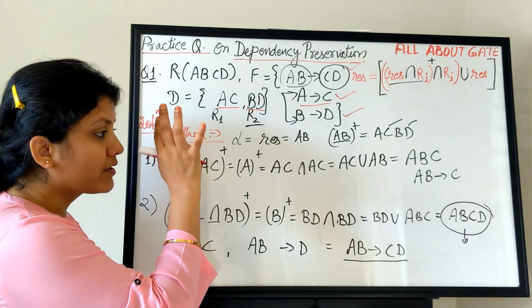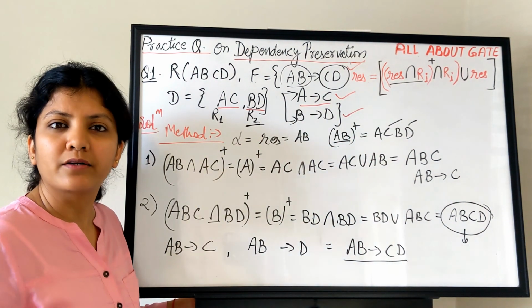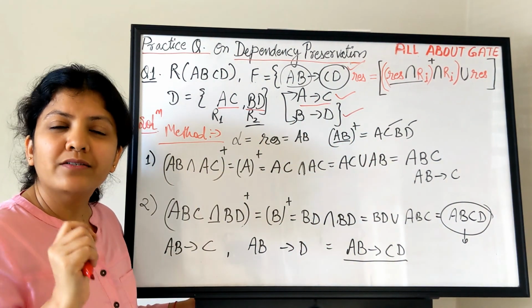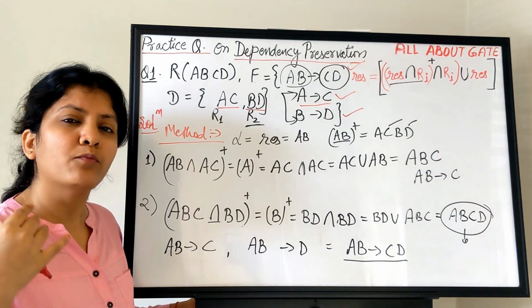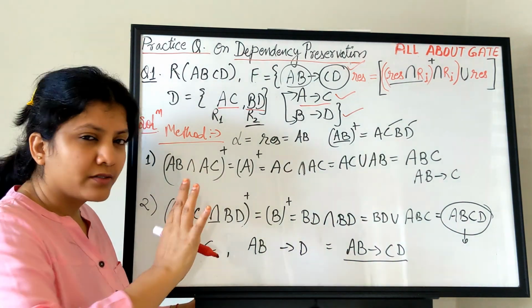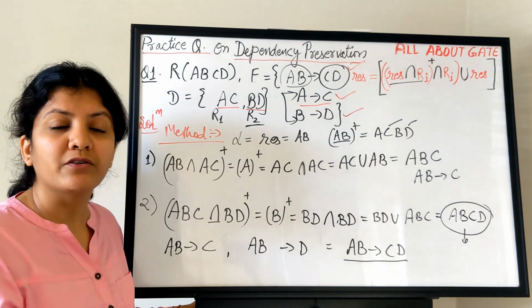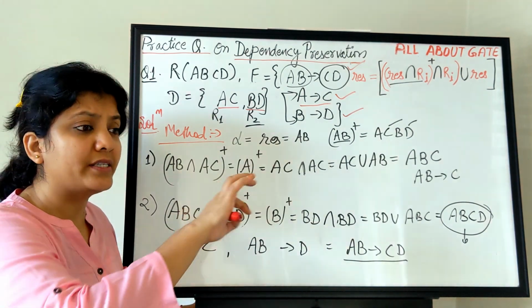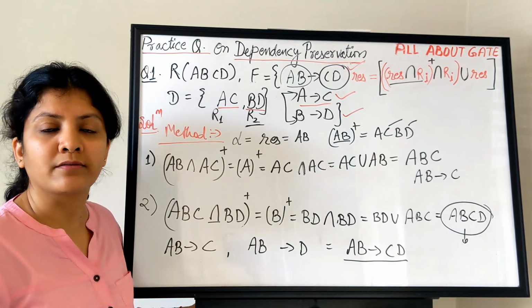Guys, I gave you the complete full method, and also gave you one small secret method. These things will be very handy for you once you practice more and more questions. So just apply your logical brain. Just imagine that you are playing with a database, you have tables in front of you. Consider that this data is there, this attribute is there. Now how do I relate this to this?